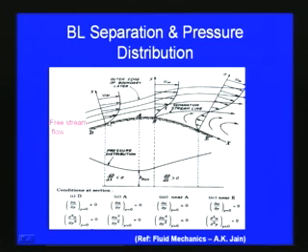if you plot the velocity it will go like this, in this region where the boundary layer is formed. If you plot the pressure distribution, you can see that dp by dx will be less than 0. At this location the velocity gradient del u by del y at y equal to 0 will be greater than 0, and the second derivative del square u by del y square will be less than 0. Then, due to the curvature of the surface, a separation can occur